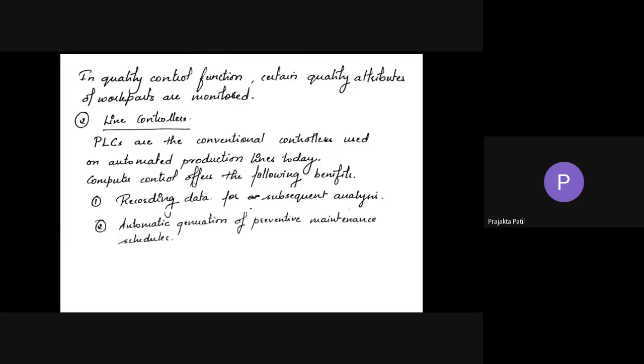Next is automatic generation of preventive maintenance schedule, which will indicate when certain maintenance activity should be performed. This will help you to reduce the frequency of downtime occurrence. So when you have a periodic maintenance schedule, you don't have to worry about the sudden breakdowns that happen. Okay, so you can have a preventive maintenance system in place, which will help in getting you an automatic preventive maintenance alert, so that you don't have to wait for the machine to break down and then go for maintenance work. You can just have these periodic maintenances done.